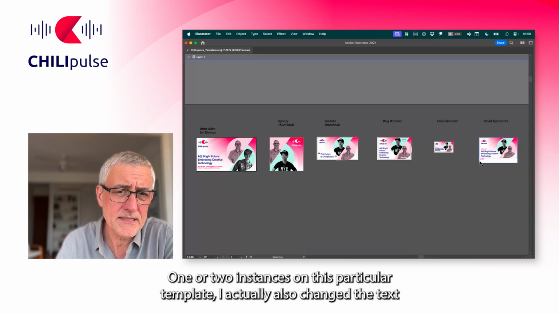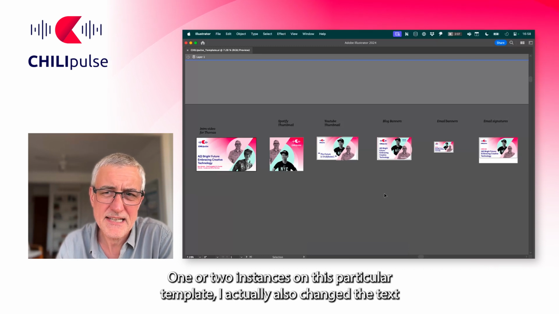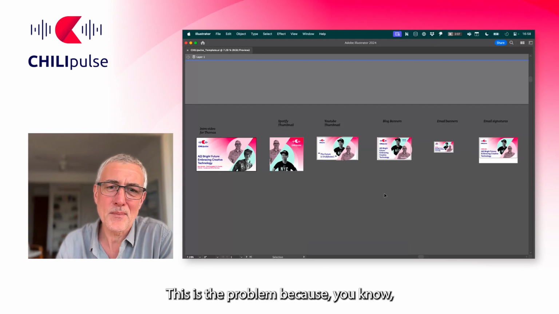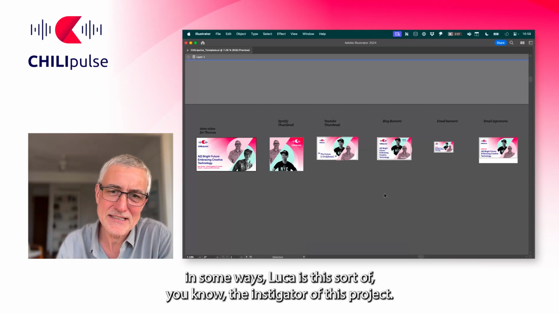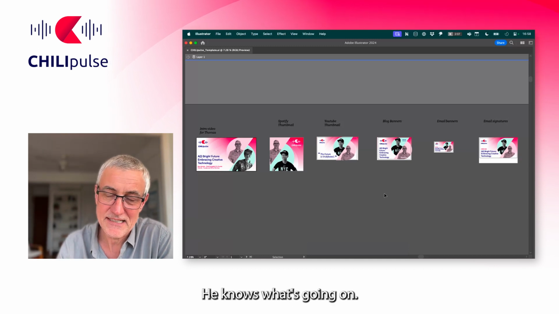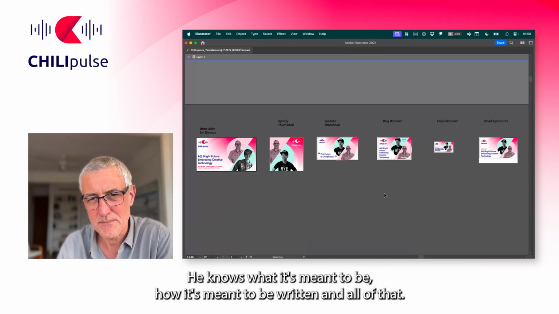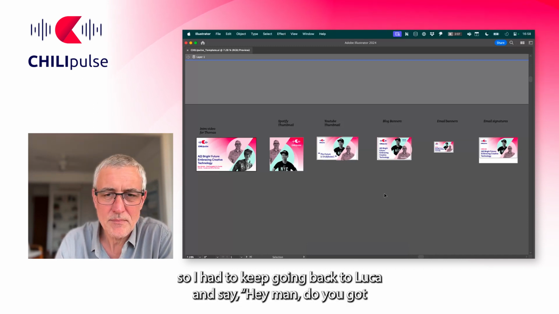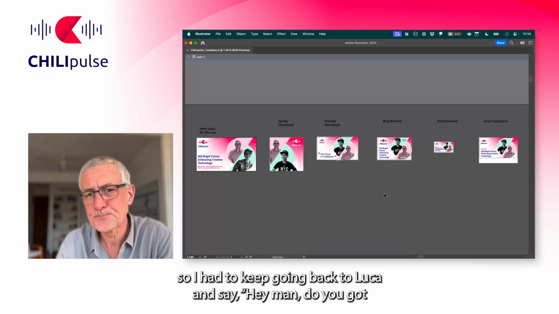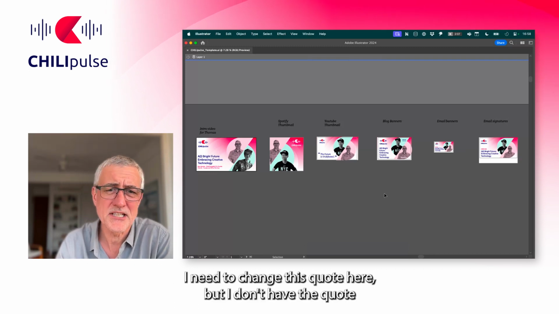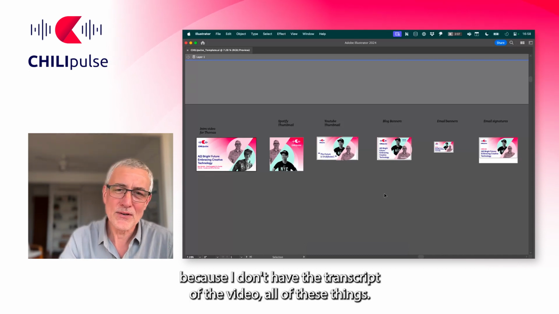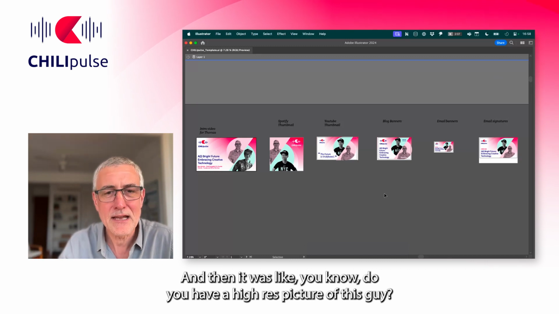And you can see also that the text in many cases is a slightly different size. In one or two instances on this particular template, I actually also changed the text just because I was at my wit's end trying to get things to work, right? But this is the problem because in some ways Luca is the instigator of this project. He knows what's going on. He knows what it's meant to be, how it's meant to be written, all of that. I was just kind of throwing things together, and so I had to keep going back to Luca and say, hey man, you got something you can help me with here? I need to change this quote here, but I don't have the quote because I don't have the transcript of the video, all of these things. And then it was like, do you have a high res picture of this guy,